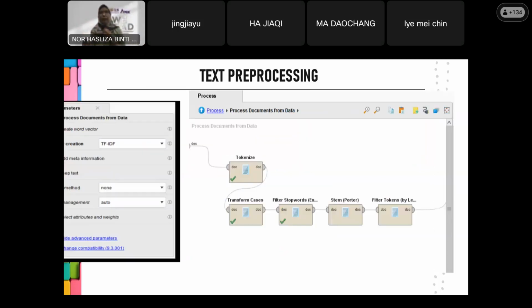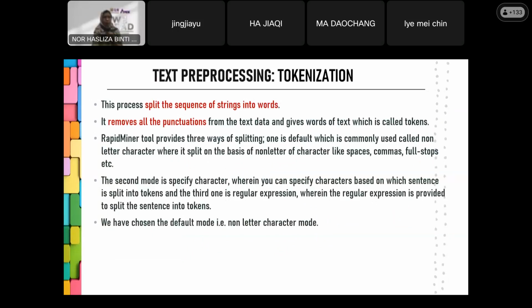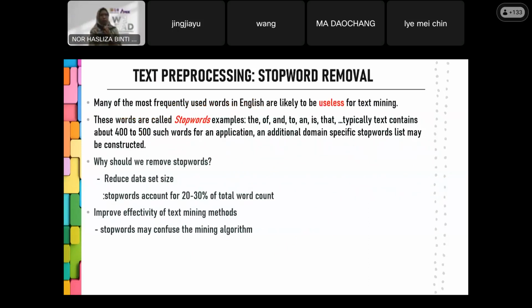So here is tokenization. The theory is still the same behind that. Remember tokenization, you split all the sentences into single chunks of words. Remove stop words, you remove the, in, whatsoever.